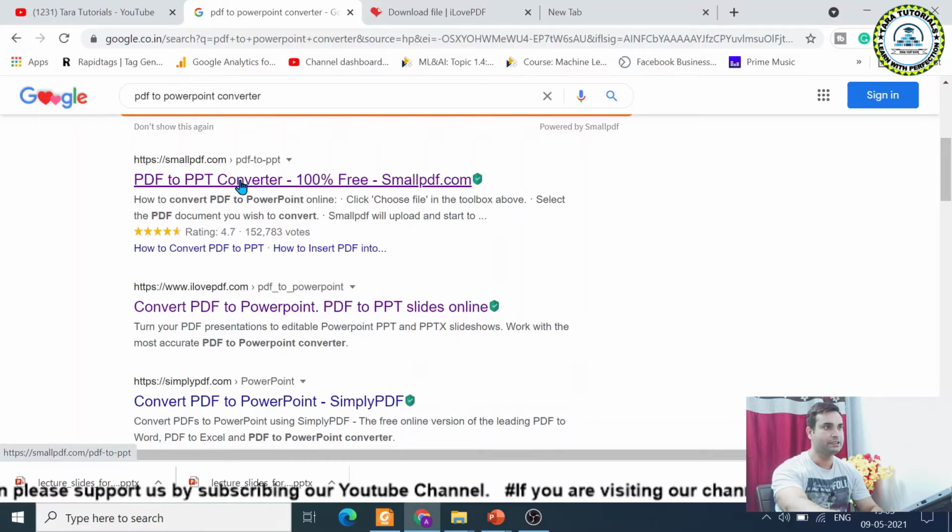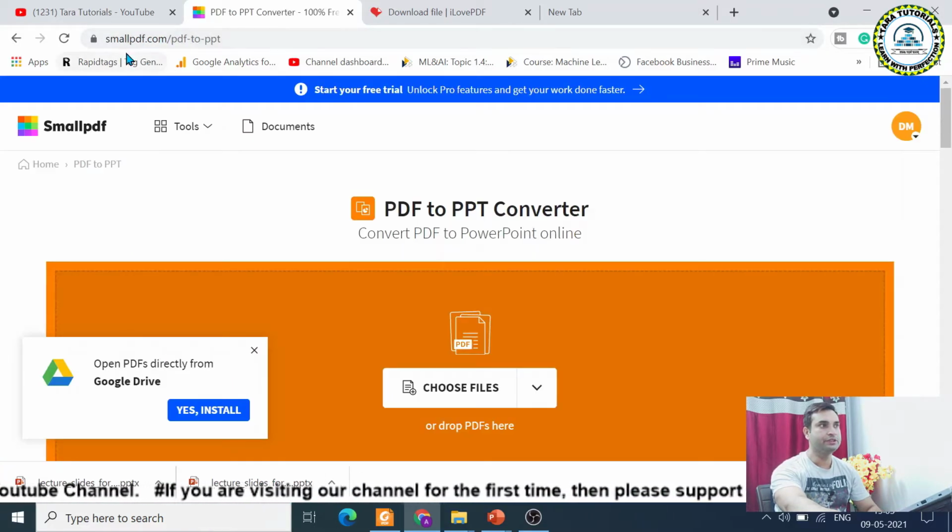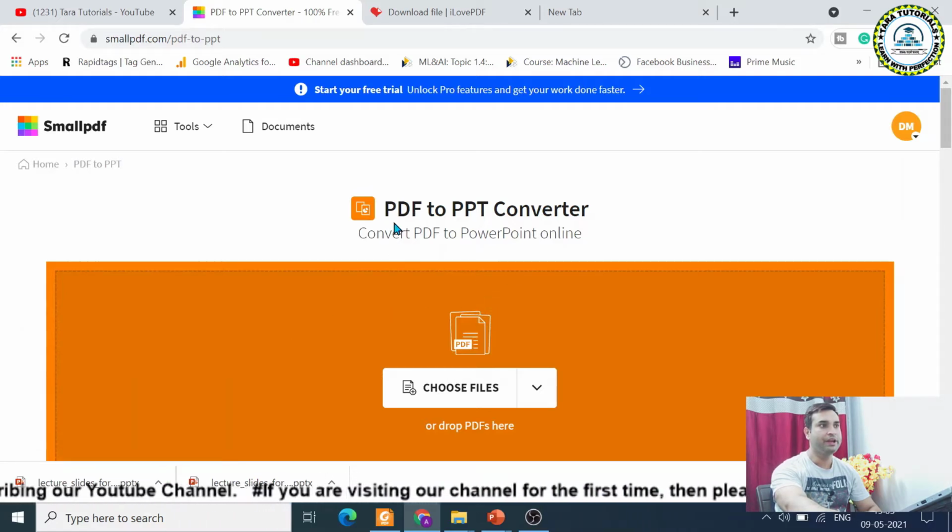PowerPoint presentation. If you are using smallpdf.com for converting PDF into PPT, in that case, make sure that your PDF file size is less than 15 MB.